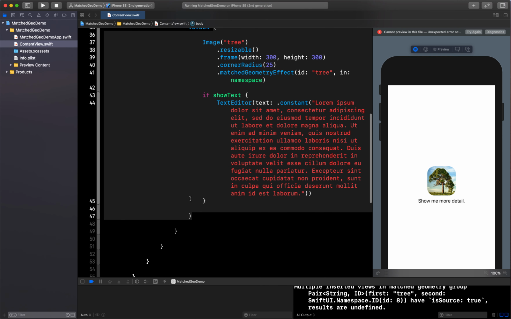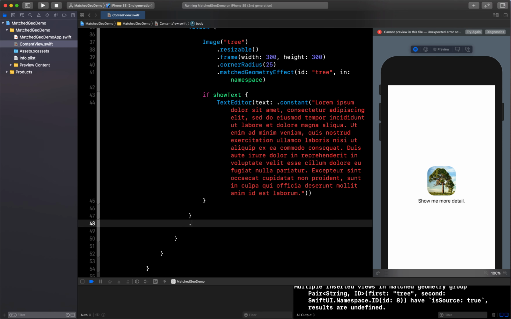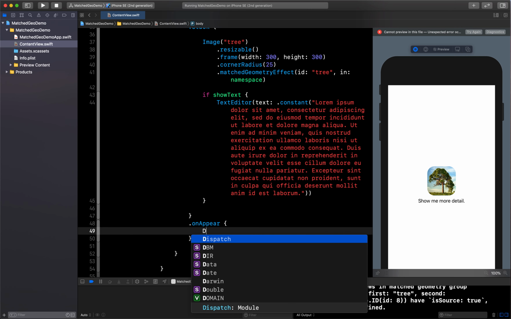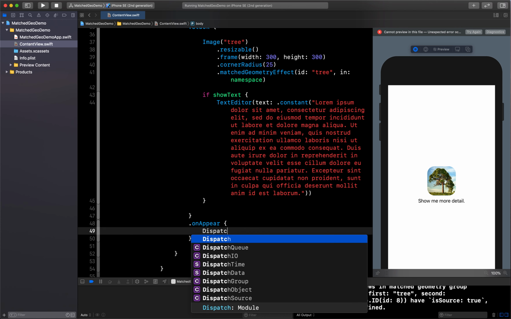We have to add some conditions, like now I will add dot onAppear. It means when the view appears, then perform these operations. Inside this I have to add some delay, and I will tell you why we are adding that delay.